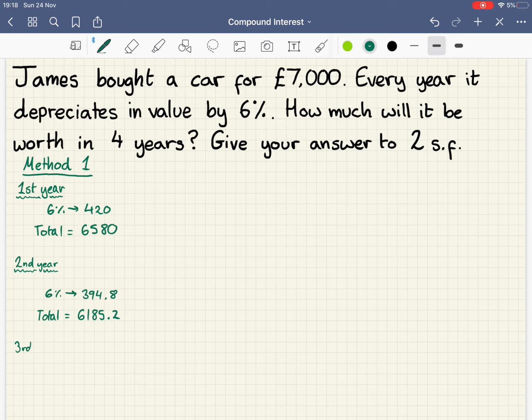My third year, percentage this time should have come out as 371.112. And the total was